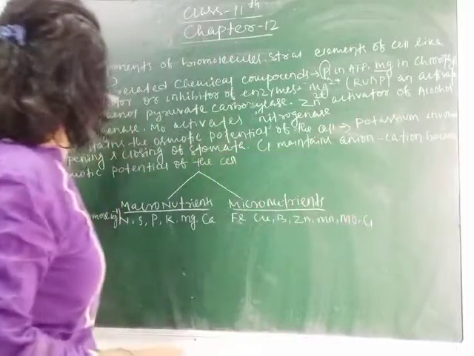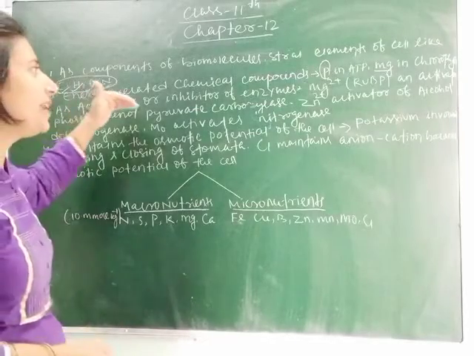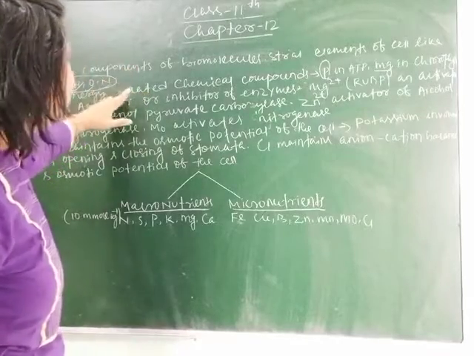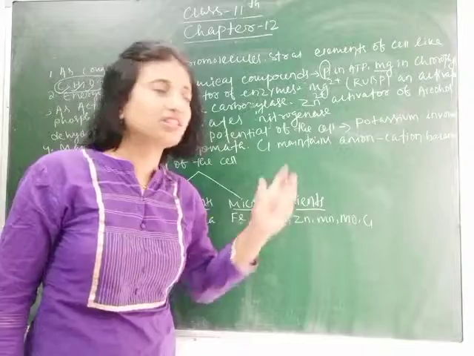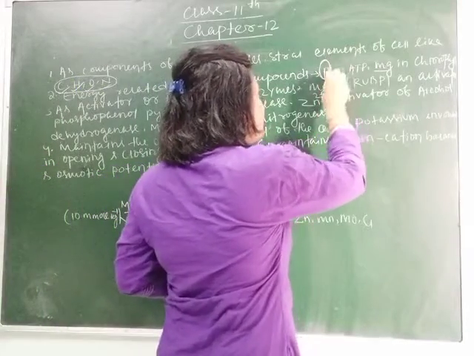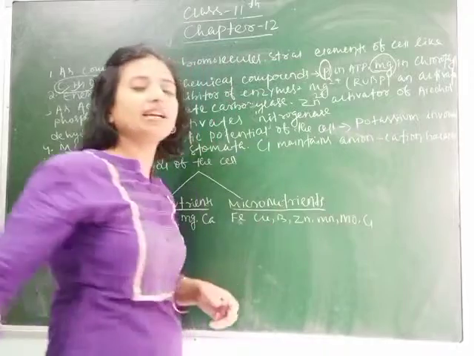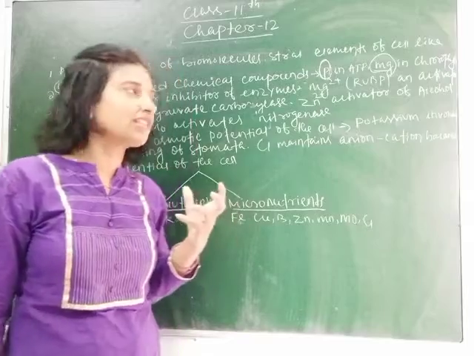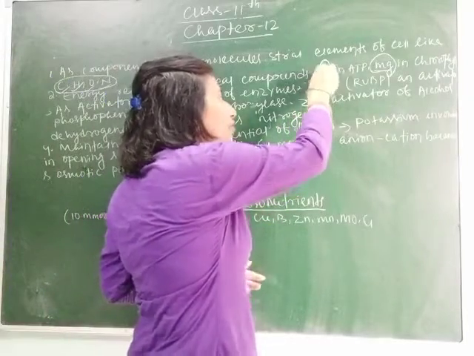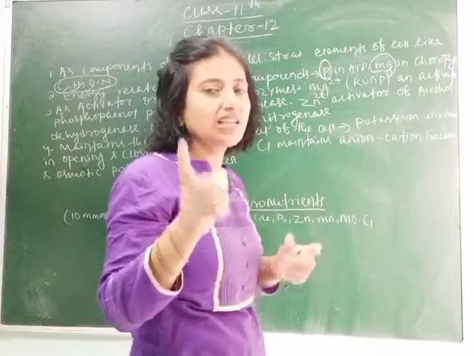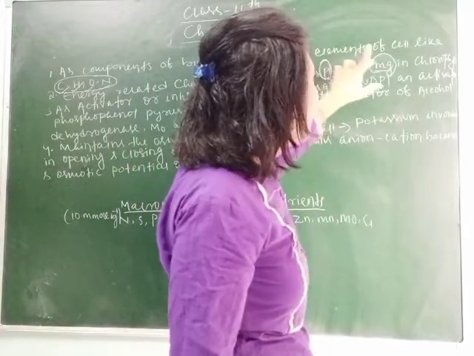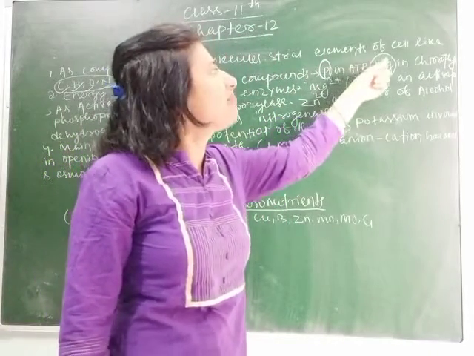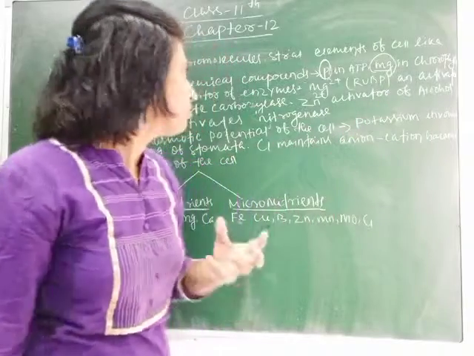So here I have told you energy-related chemical compounds, meaning they work as components of energy-related chemical compounds. One is phosphorus and another is magnesium, as we are studying about minerals. So how do these minerals participate in doing various functions? Energy-related work in plants depends on phosphorus and magnesium. How? Phosphorus helps in ATP synthesis, whereas magnesium helps in the synthesis of chlorophyll.